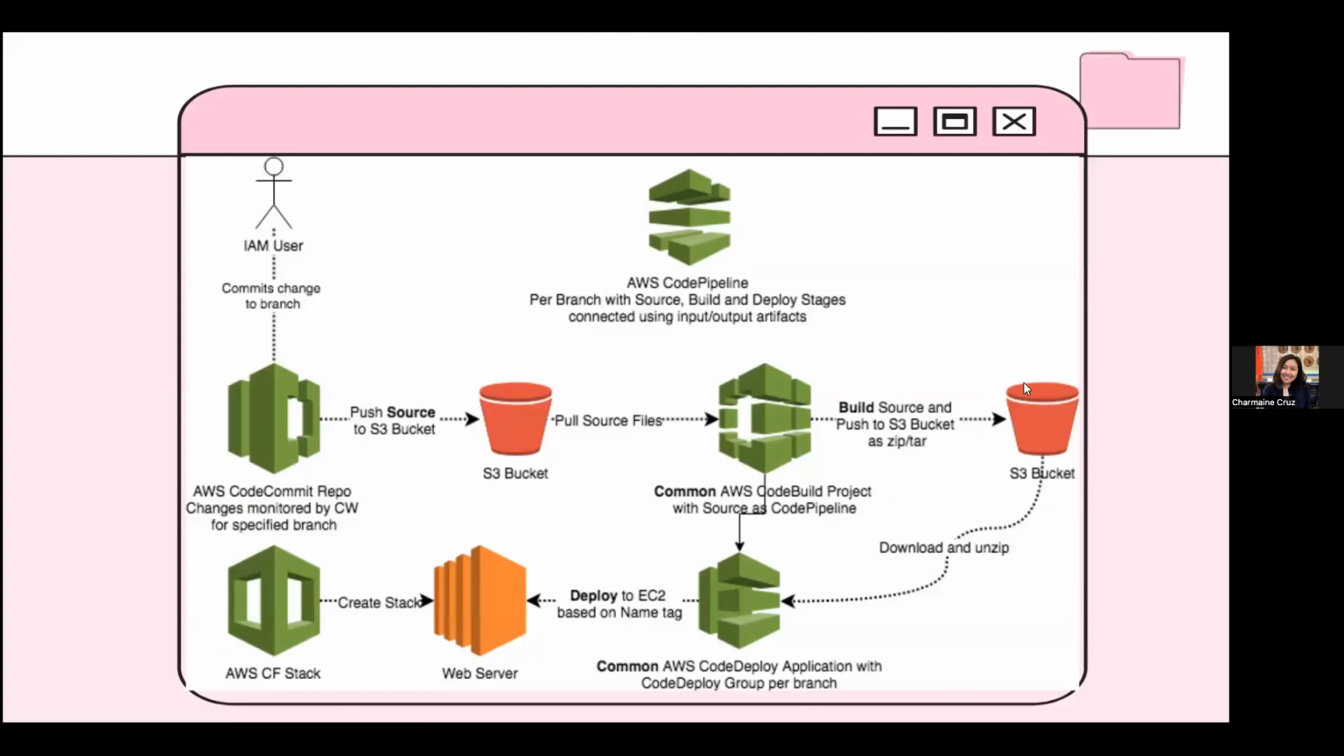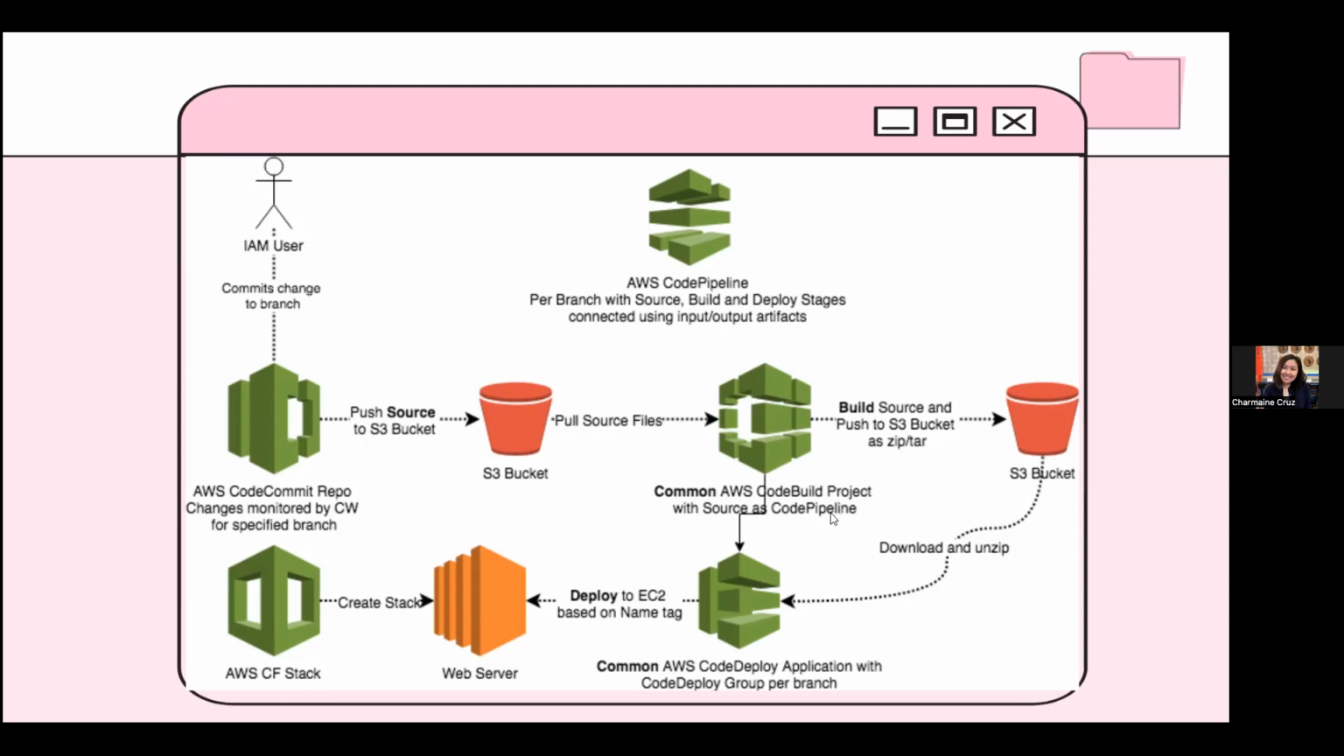Okay, so what CodePipeline is, it is like a workflow for all of your AWS services for CI/CD. So here we could see AWS CodeCommit, where the repo changes are monitored using CloudWatch, and you could specify by branch, and the changes to our source code will be saved, for example, here to an S3 bucket. And once ready, we pull the source files onto CodeBuild. So we had CodeCommit, then CodeBuild, which will build our source and push to S3 as a zip or tar